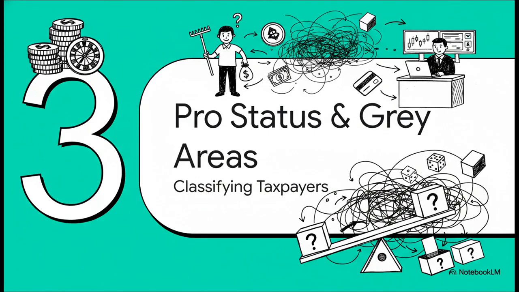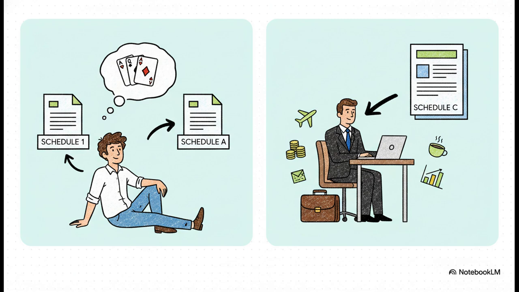And what on earth do we do with these newfangled financial products, like prediction markets, that just don't fit cleanly into any of the old categories? The difference in how you report this stuff is just night and day. An amateur gambler reports winnings on Schedule 1, and if they itemize, they can take a limited deduction for losses on Schedule A. That's it, no business expenses.